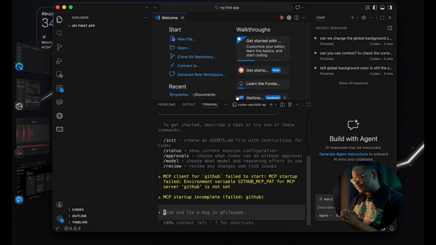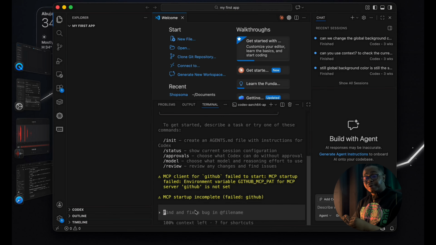Now guys, we are already logged into our system. You have already set up VS Code. VS Code is up and running. Congratulations. You have also installed Codex CLI. Congratulations. And you already have your coffee by your side. You're sipping your coffee, you're feeling good, or whatever beverage you're sipping. Congratulations.